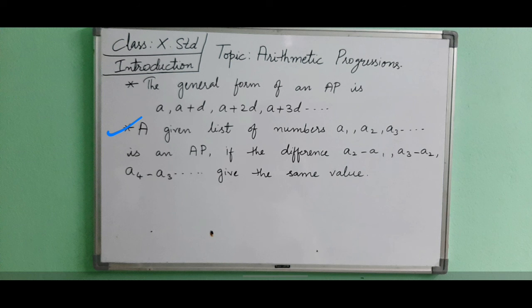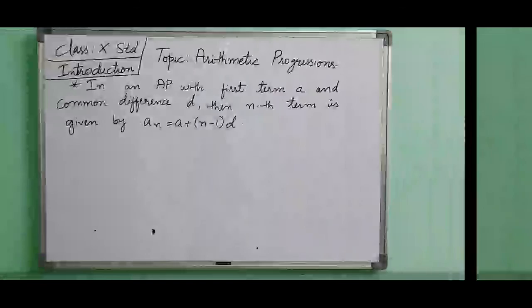So what it is saying here is what I had said in the first point of the introduction: if the difference between two consecutive terms is equal, then only we can say they are in AP. The same condition is given here with the general names a1, a2, a3, a4. If you subtract these two, the difference should be the same. If you subtract these two, again the difference should be the same. If the difference is the same, then only we can say they are in AP. Now let's move to the next concept.